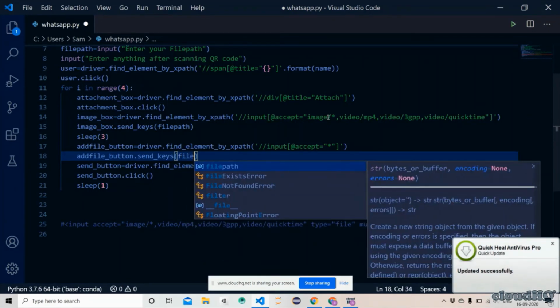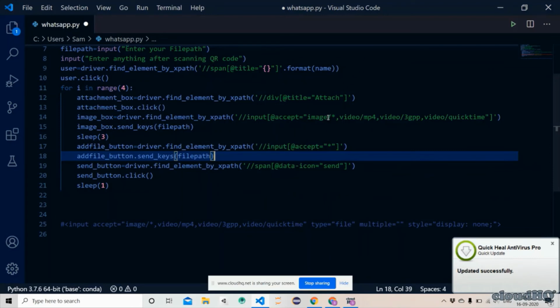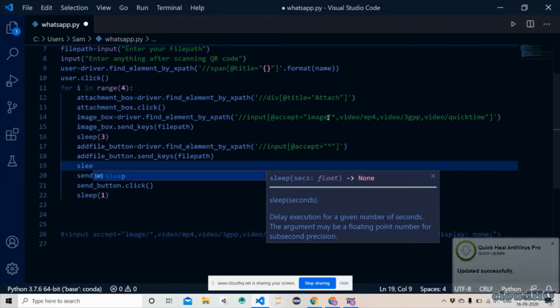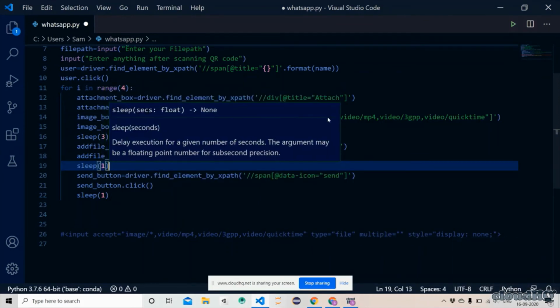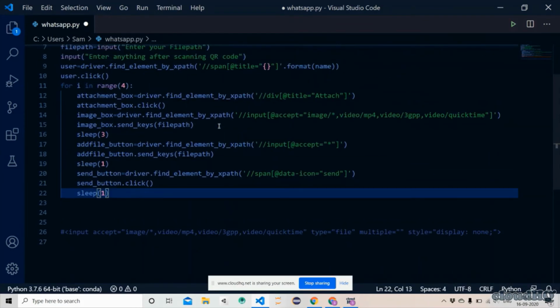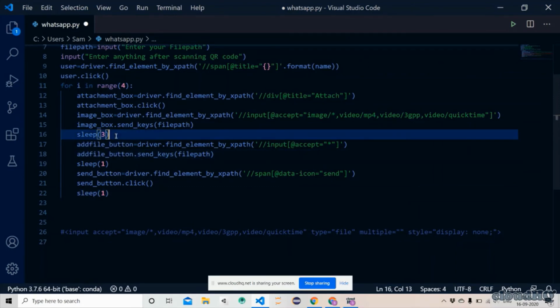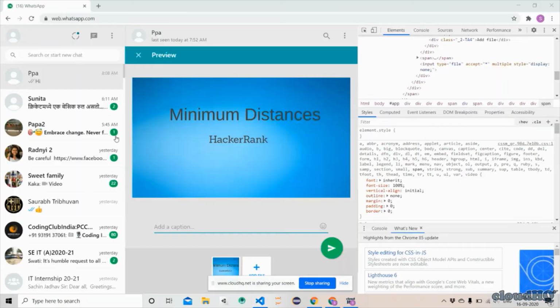And here I will include our file path, right? So now our image would be added, and also we need to sleep the code for, suppose, 1 second, as it will take some time to load that button again. And now we want to select those images in a slot, right? So we need to select the first 25 in a slot. So we would be clicking this add file button 24 times, right?